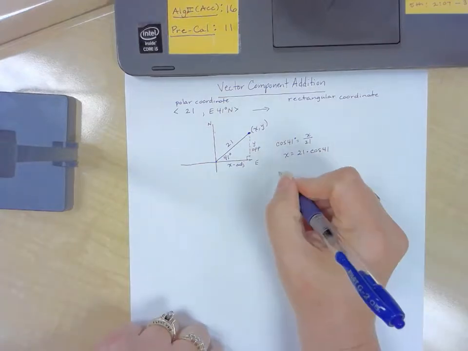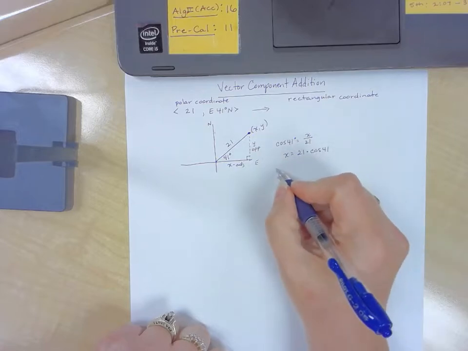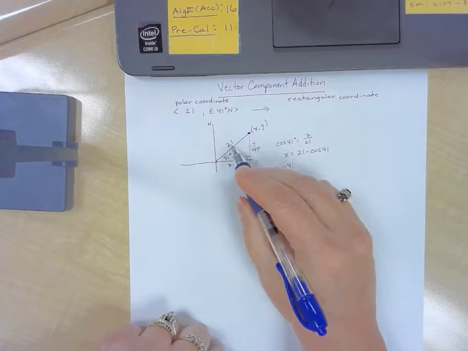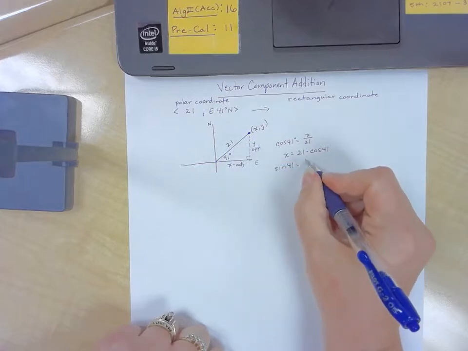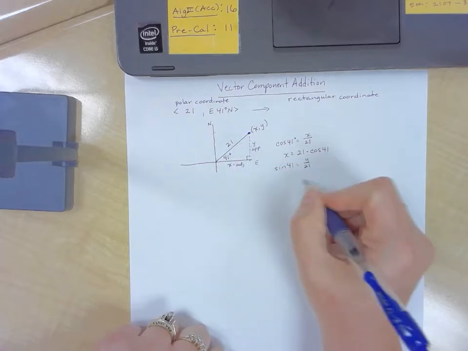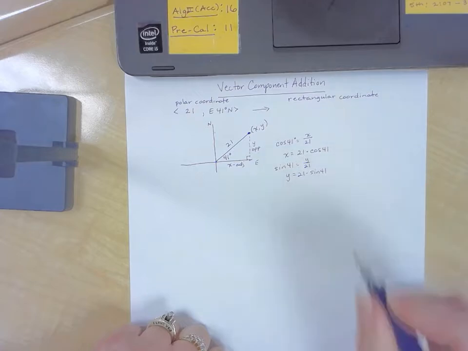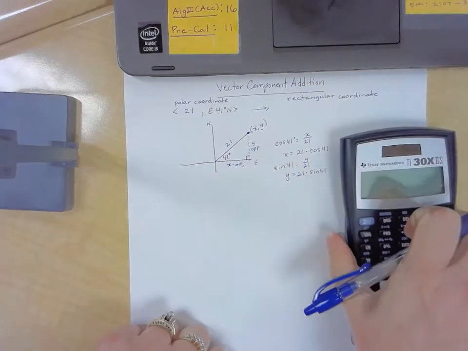And if I want to find the y coordinate, then I would say it's the sine of 41 because it's opposite and hypotenuse is equal to y over 21, which y would be equal to 21 times the sine of 41. So I take my calculator,